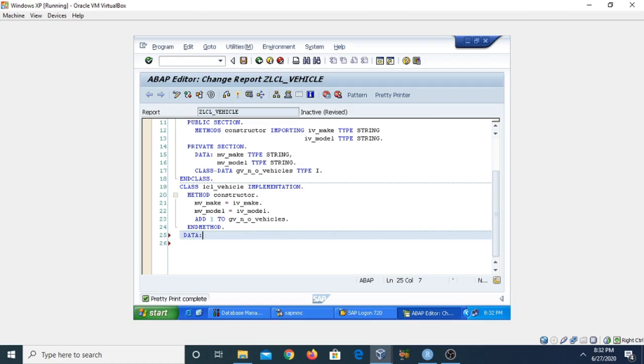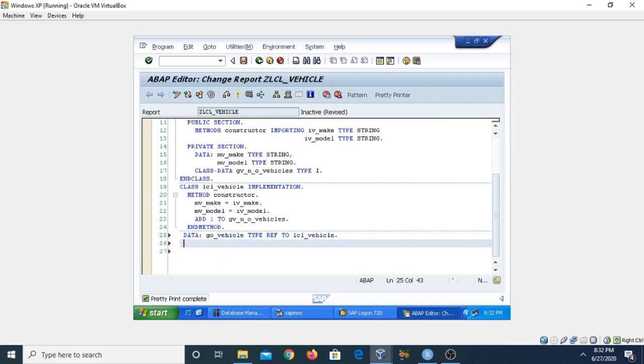Data go_vehicle is our object, and then type ref to the class name, which in my case is LCL_vehicle.